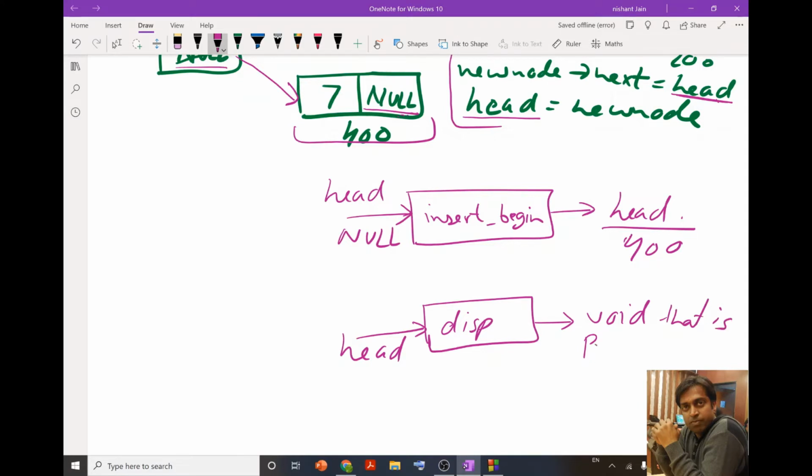It means I am going to print the content within the function itself. So since I am printing the content within the function itself, I do not need to return any value.